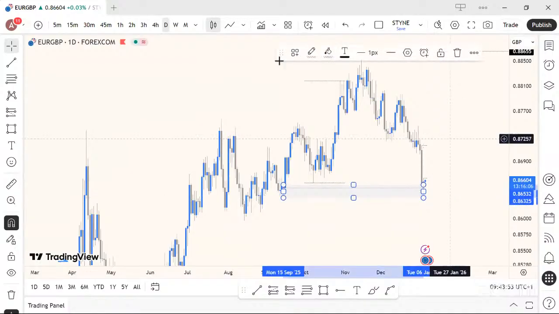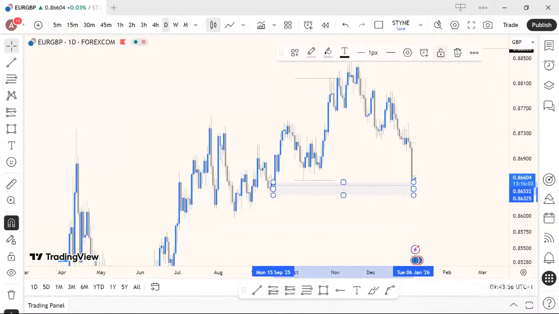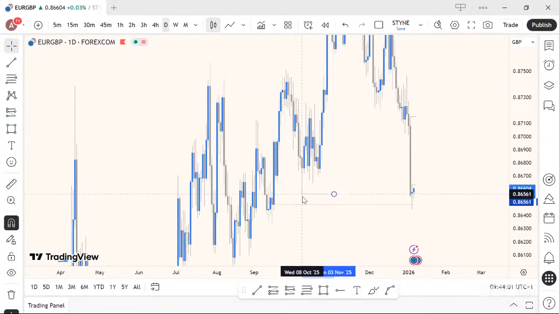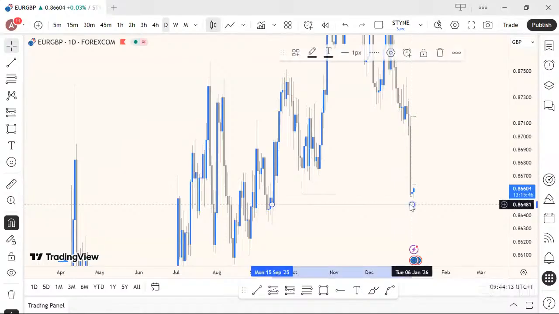Now, what happened? Let's see. Let's break it down together. Now, something has also happened here. There's also this liquidity here. Can you see this inducement liquidity that is lying down here? So we are very much interested now in what price has to do when it falls into this area.